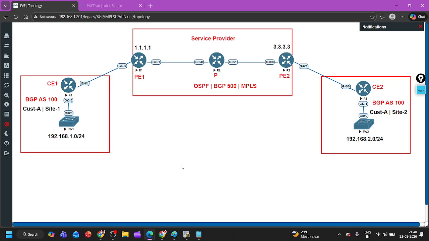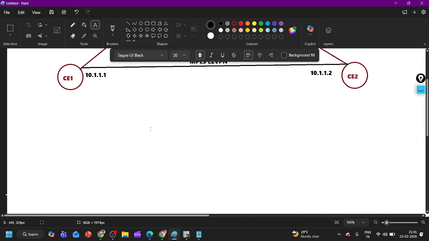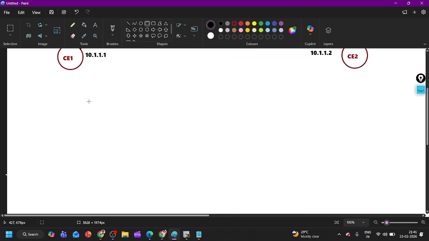Any difference in convergence time or anything else? No. Okay, thank you. Now, if we again have two sites